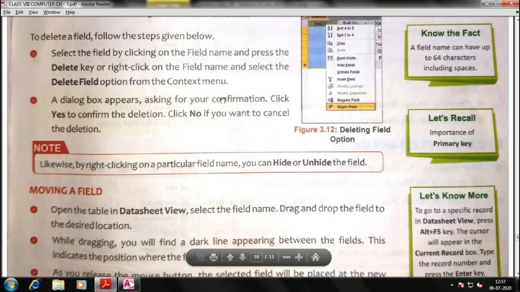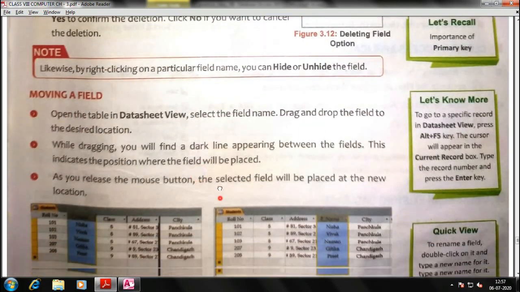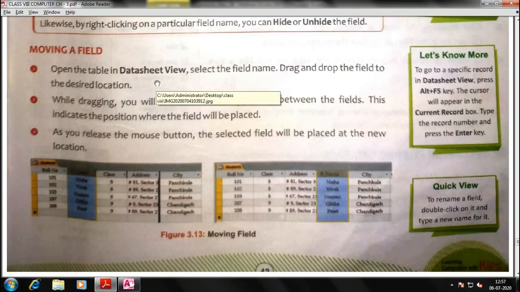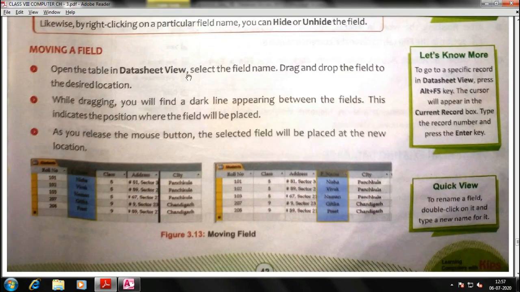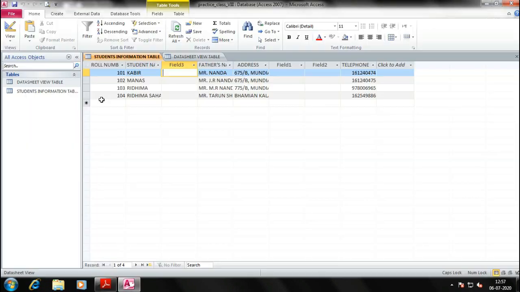Next is moving a field. How to move a field? Open the table in a datasheet view, it's already in a datasheet view. Select the field name, drag and drop the field to the desired location. Suppose you want address to be at the last, click,